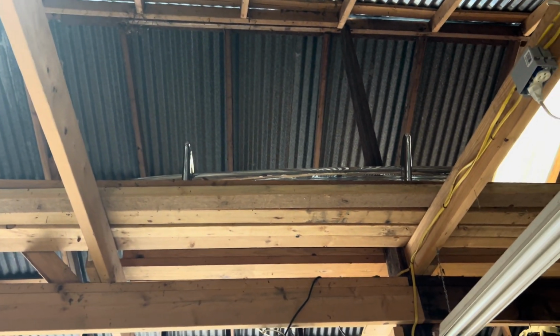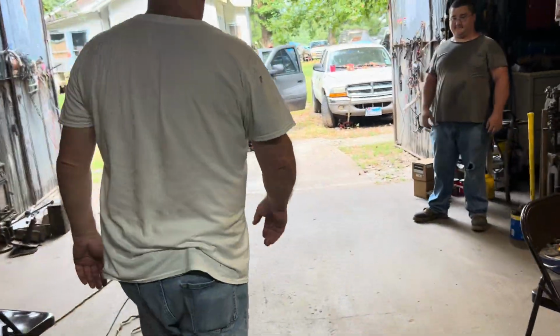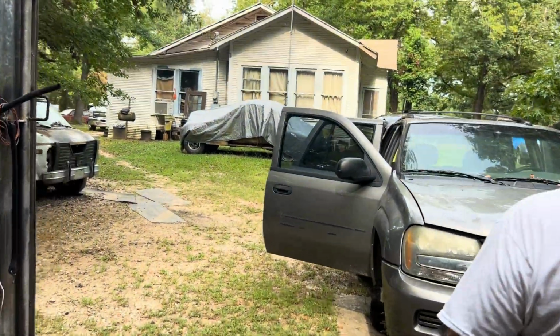Them go to my 37 Buick over there. Is that what that is under the tarp? Yeah, you know about a rod now. That'll make a good one. What motor do you have in it? I don't have nothing in it right now. I've been